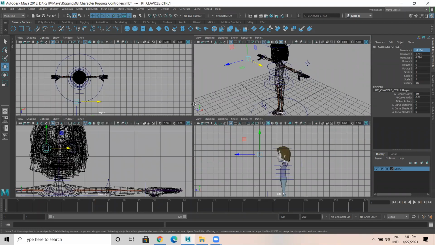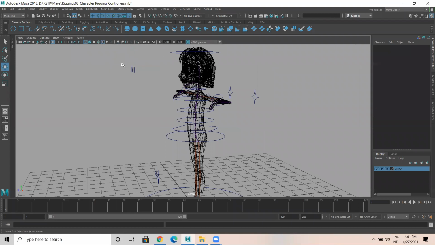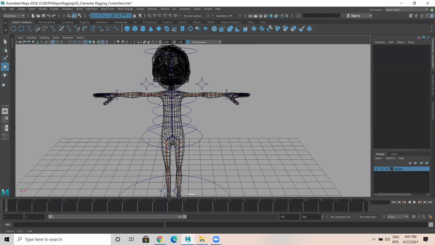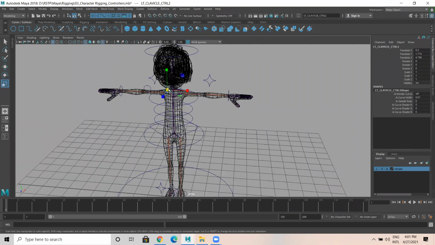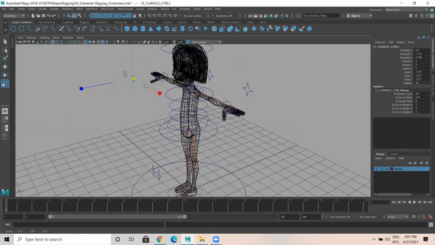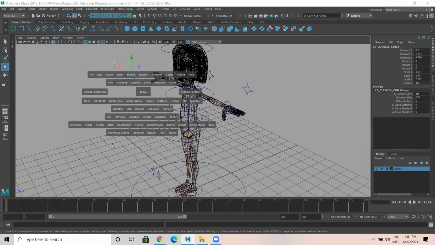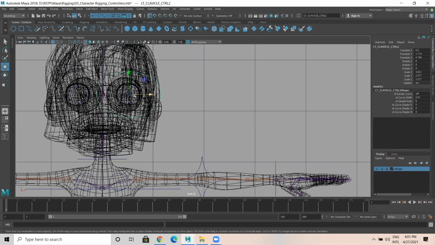That's okay. I selected these two curves I created here. I'm selecting this and I duplicate one more curve. X, snap to point.